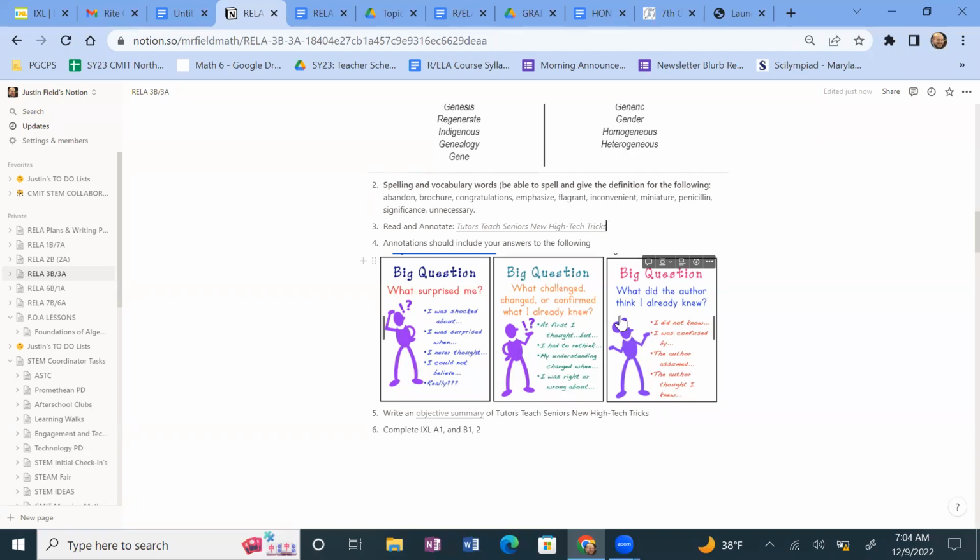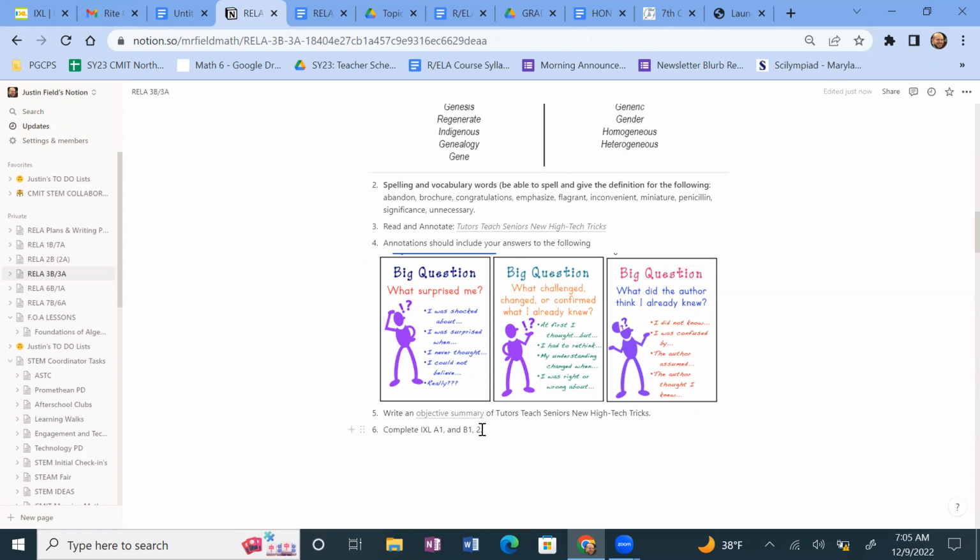I know that Mr. McSpan, Mr. Harmon, Ms. Upshaw, they all have said students know how to annotate. We annotate all the time. And so let's go for it. Let's see what you can do. And the objective of annotating is to gather evidence for your objective summary of this article. It should be your own. No copying off of anyone. If I see that your work looks like anybody else's and it doesn't look like your own, then you have a consequence. It's not going to be good. Don't do that. All right.